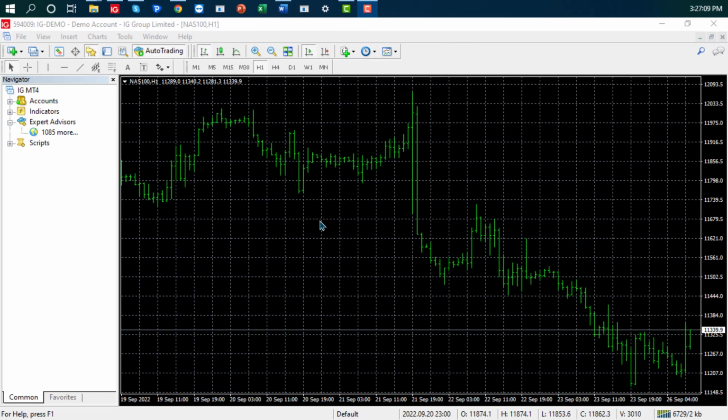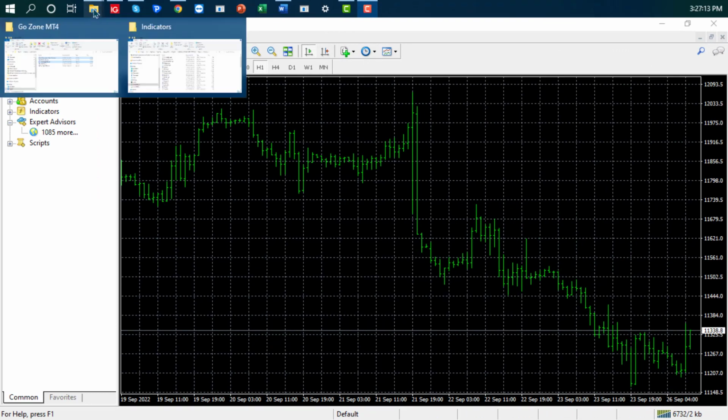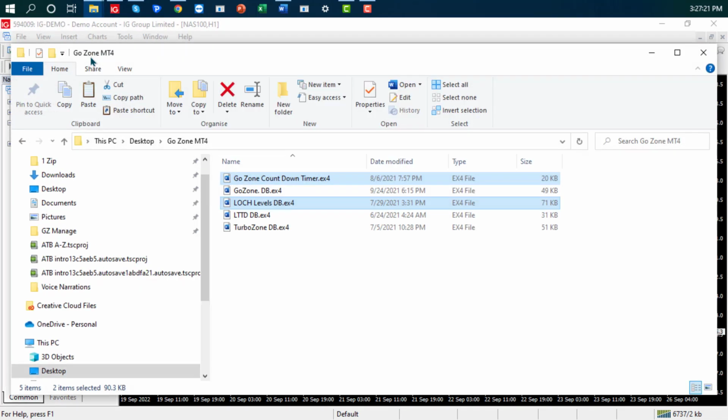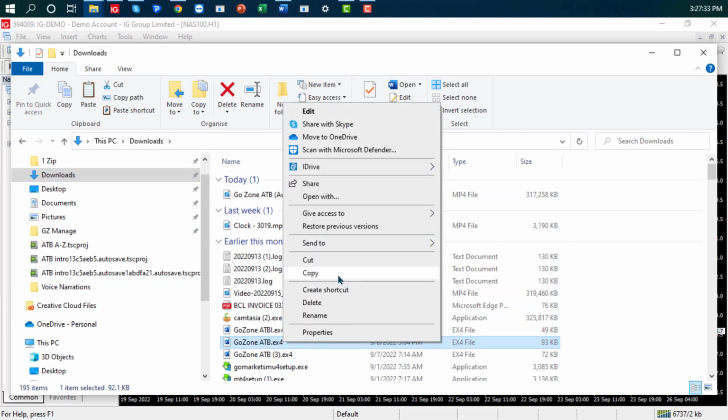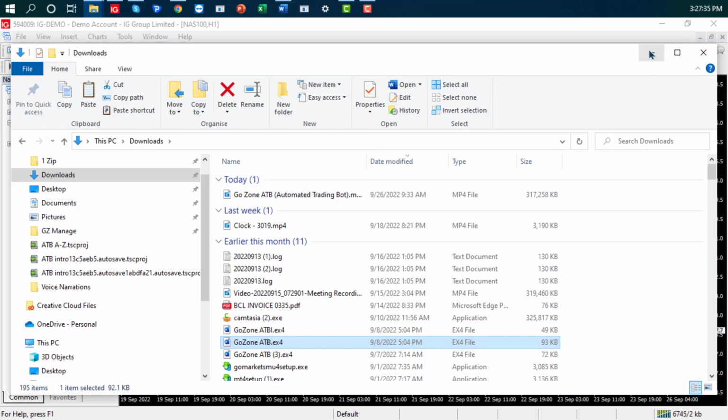Okay, to install the Go Zone automated trading bot, same process as before. After you've downloaded it from the email that was sent to you, you want to click on your files. You want to go to Downloads. You'll find the Go Zone ATB. Highlight it, then right click, copy it, close this out,